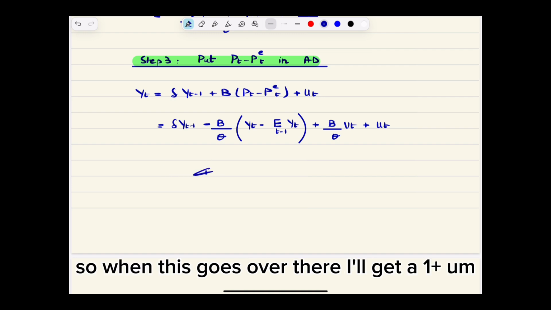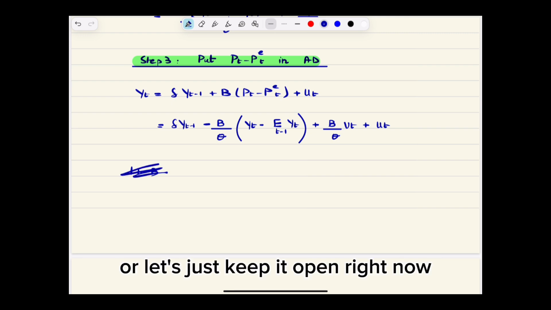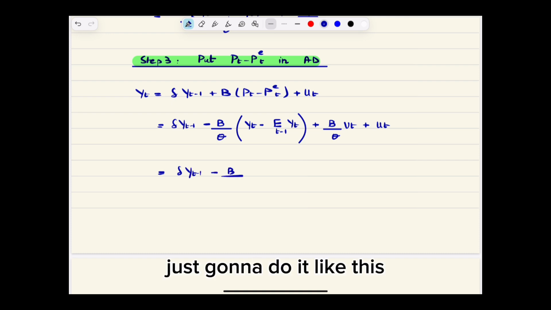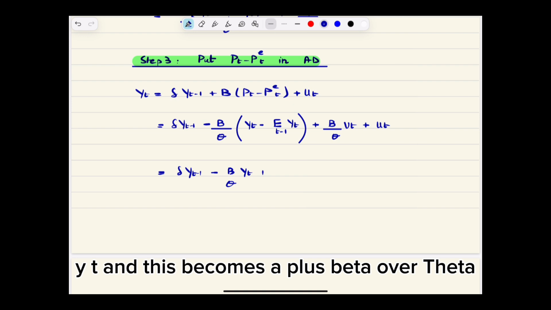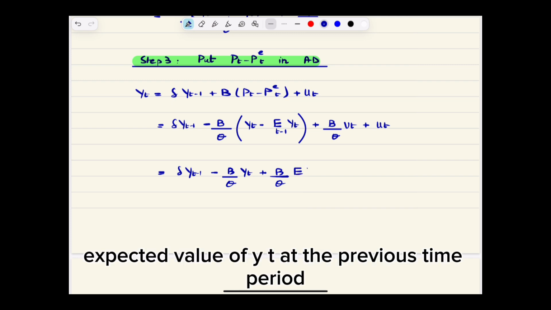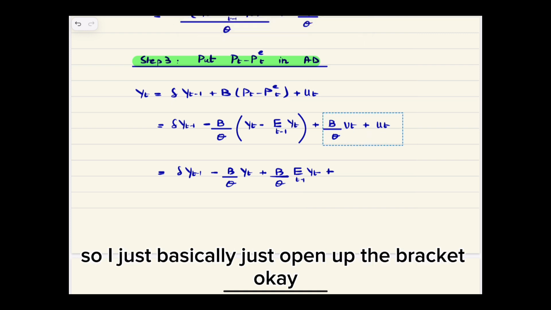When this goes over there, I'll get a 1 plus, or let's just keep it open right now. y_t, and this becomes a plus beta over theta, expected value of y_t at the previous time period plus this again. So I just basically opened up the bracket. Okay,